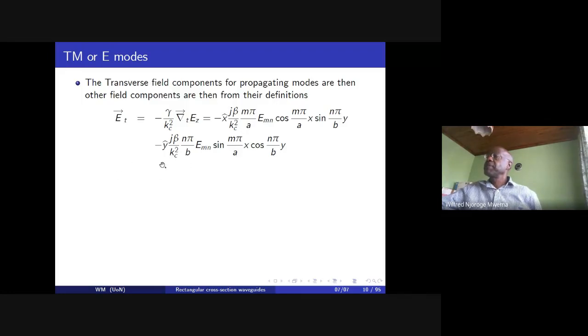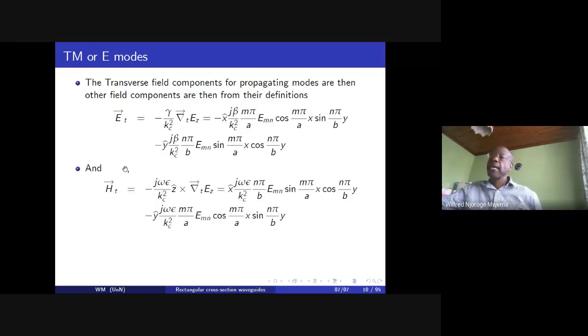Now, for the case of the positive Z direction, we have to multiply it by the similar values in the other direction, so to speak. So the transverse magnetic field intensities will be given by that equation, and also we have two values, the X component and the Y component,